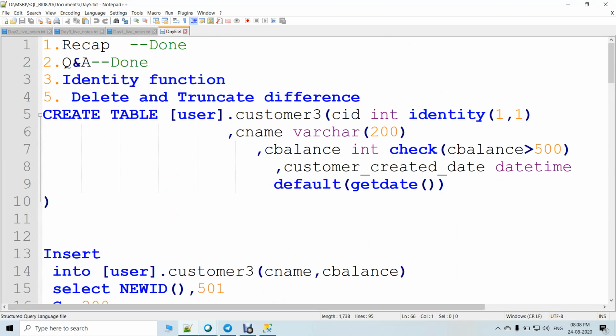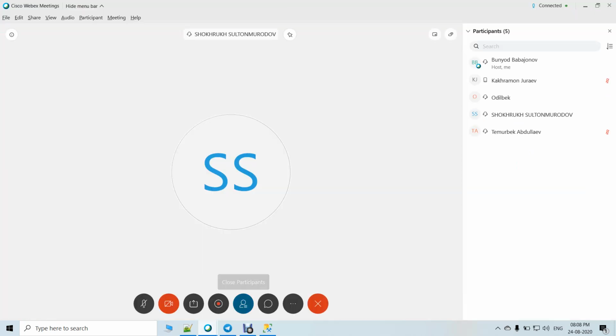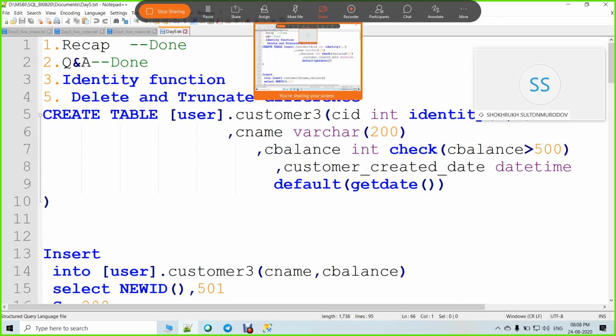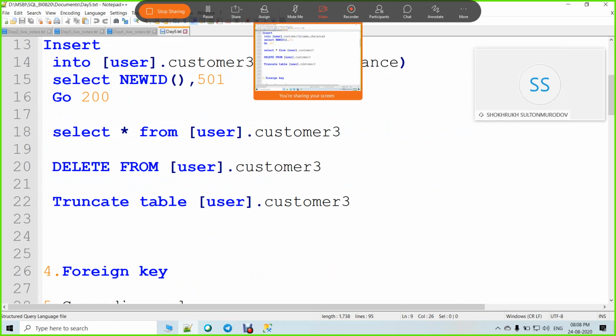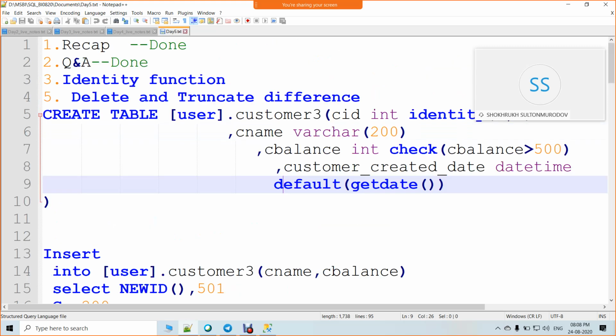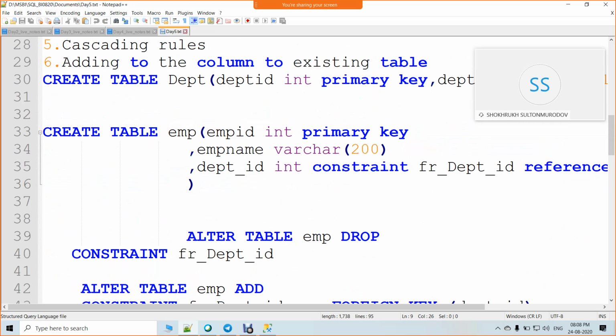I have one question. As I understood, the cascade function declines foreign key. Yes, cascade rule declines foreign key. What does it mean? I didn't understand your question clearly. I mean, foreign key connects two tables. Right.